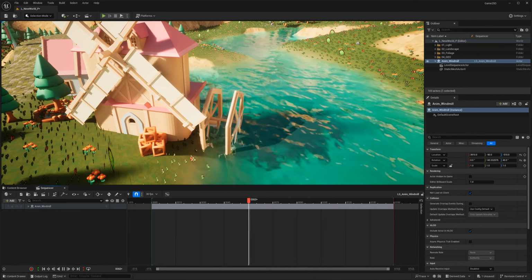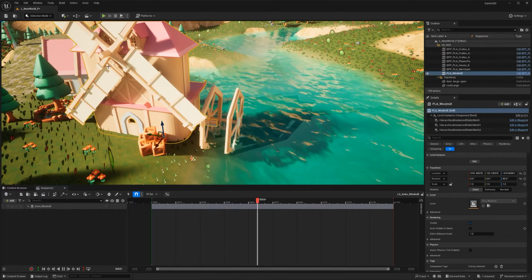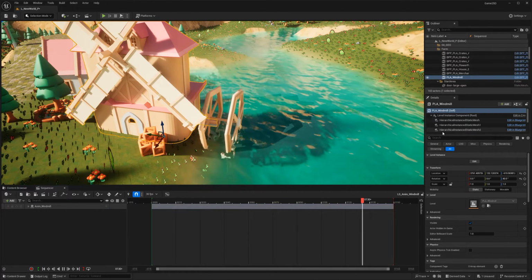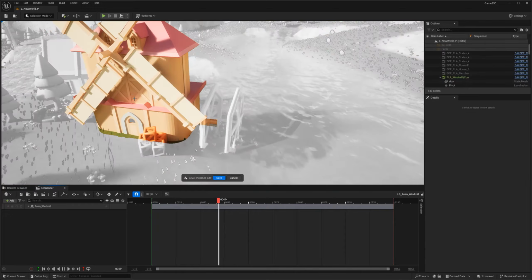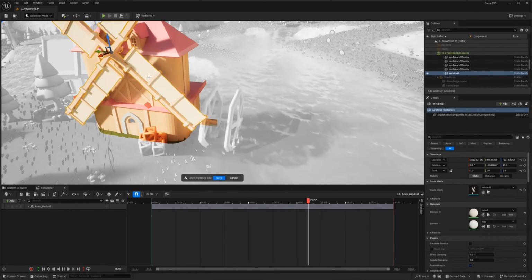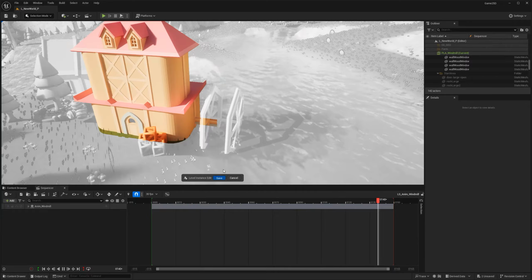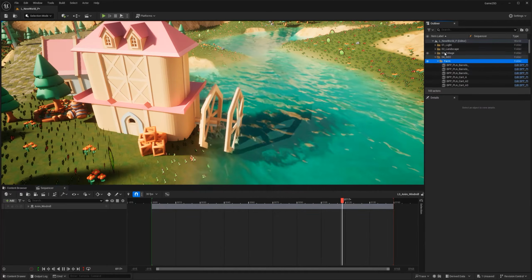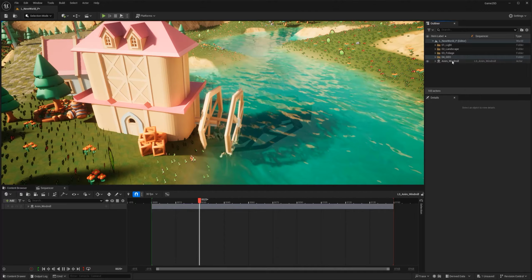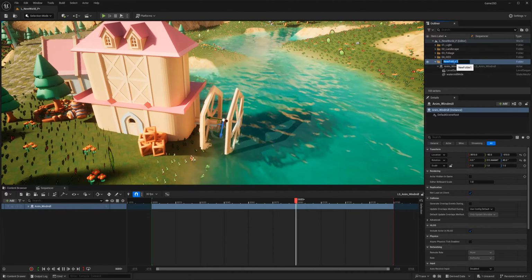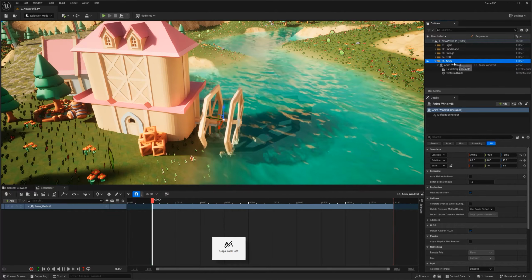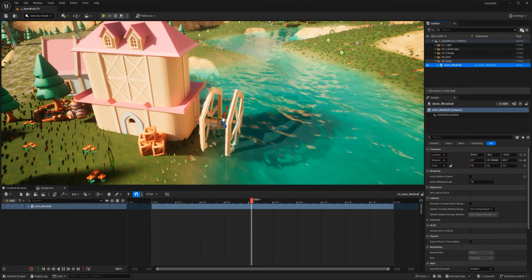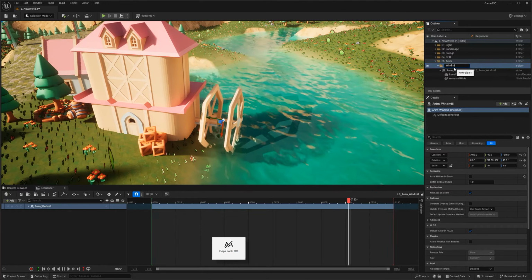So save it. Now you guessed it, I'm going to do the same thing here. And since this is all related to the windmill, I'm going to get this. Control X, save. And I'm going to create another actor. So I'm going to create the folder 2, 05 anim windmill.